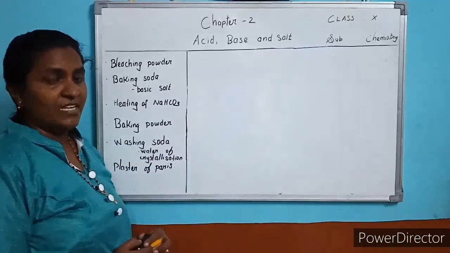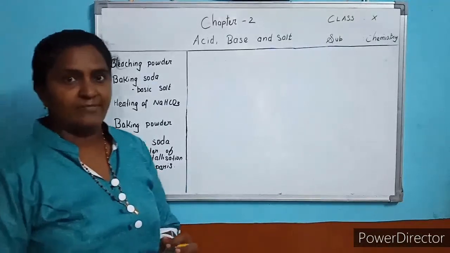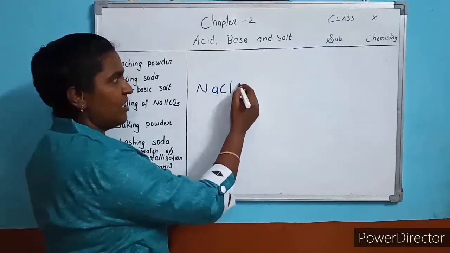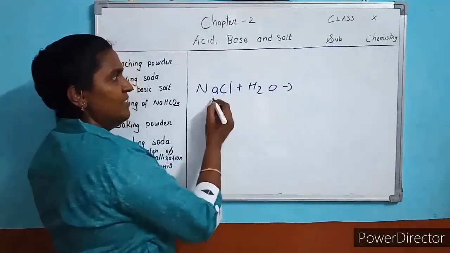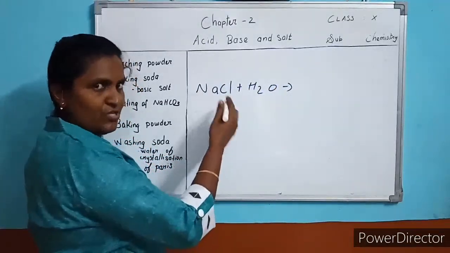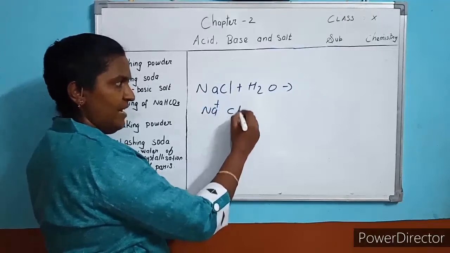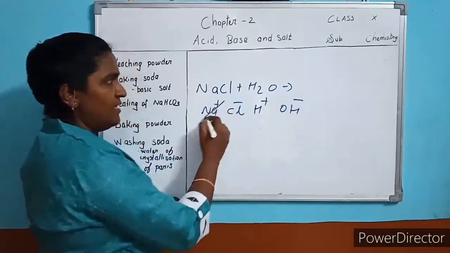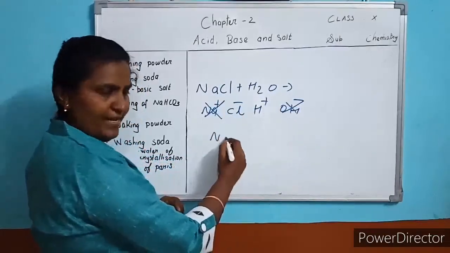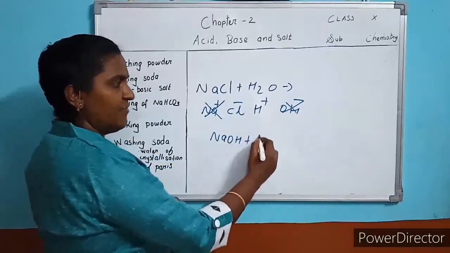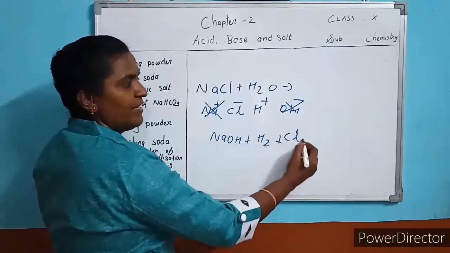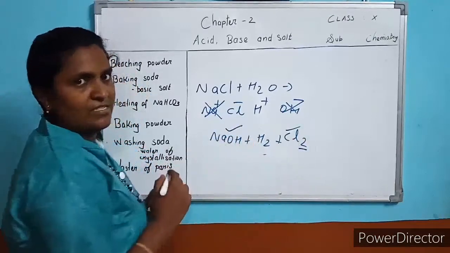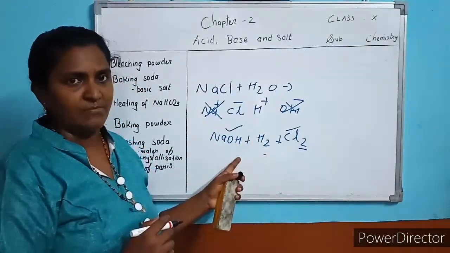In the last class we studied the preparation of alkali. How did you prepare alkali? To the salt, table salt, you add water. They dissociate to form Na+ and Cl−, and water dissociates to form H+ and OH−. Na+ joins OH− to form NaOH, and hydrogen forms hydrogen gas, and chloride forms chlorine gas. The gases are diatomic. Okay, this is called the chloralkali process. This is how it is prepared by the chloralkali process.